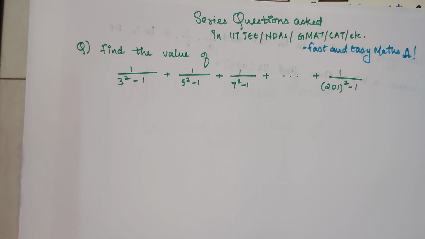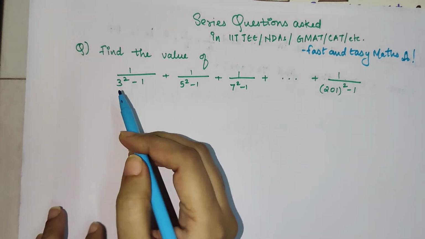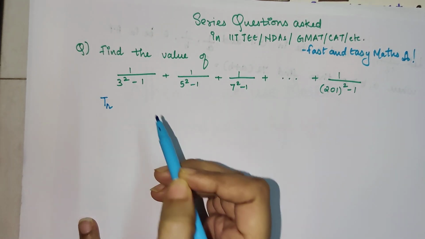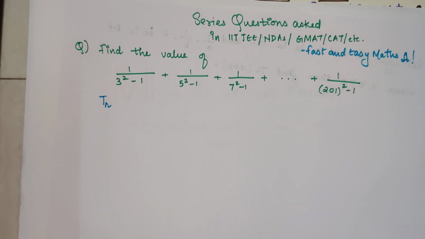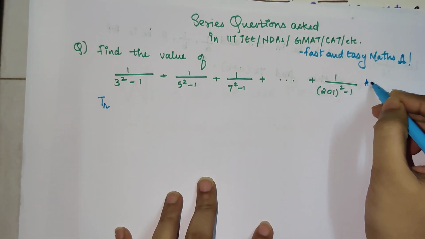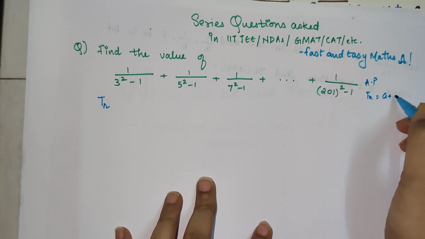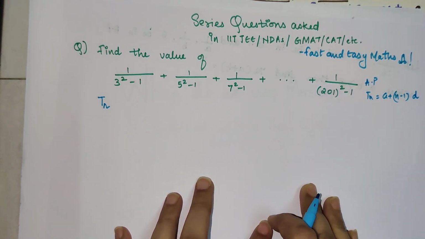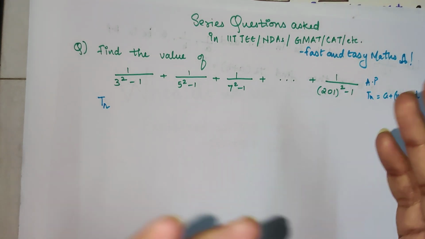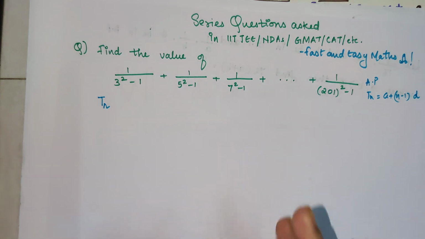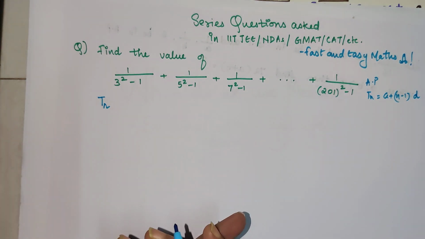But if you come across a question like this, which is not a part of a harmonic series, or an arithmetic series or a geometric series, then what you should do, which most of you do not know, is you just find your Tn formula. In arithmetic progression, like in AP, we know that Tn is equal to a plus n minus 1 into d. But that is only applicable to a series which is showing an arithmetic progression. Over here we are not seeing any of that.